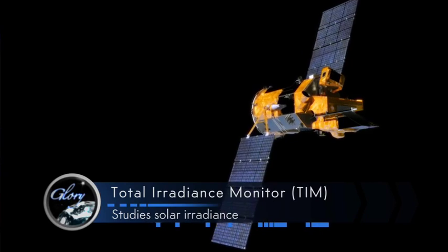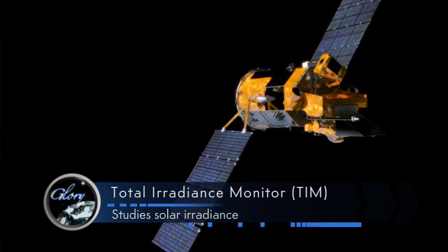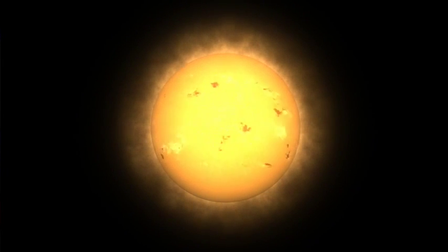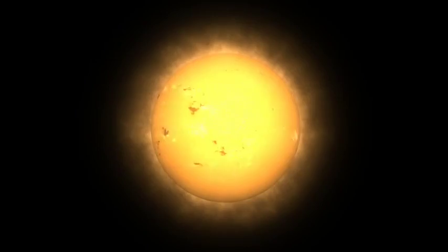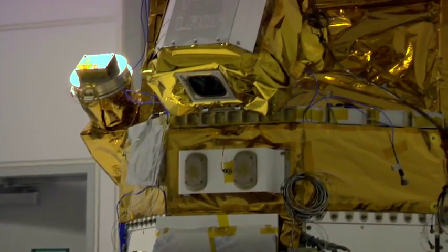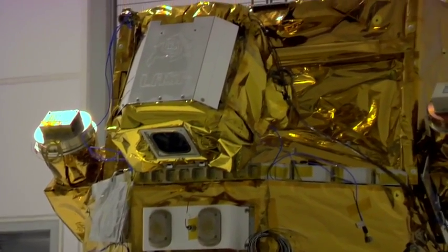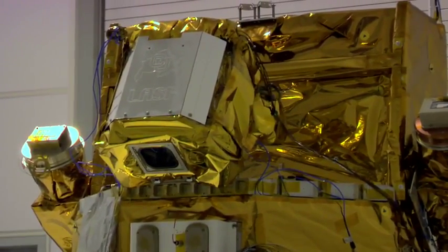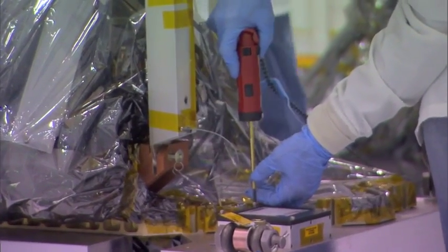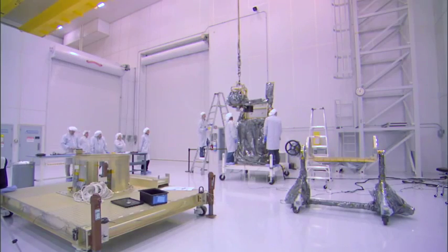variability. The total irradiance monitor on Glory is, at its most basic, a radiometer. It looks at the sun as a star and measures all that incoming energy. The total irradiance monitor on Glory is a state-of-the-art instrument. It has unsurpassed accuracy. So that means we're moving into a new generation of solar irradiance measurements with this higher